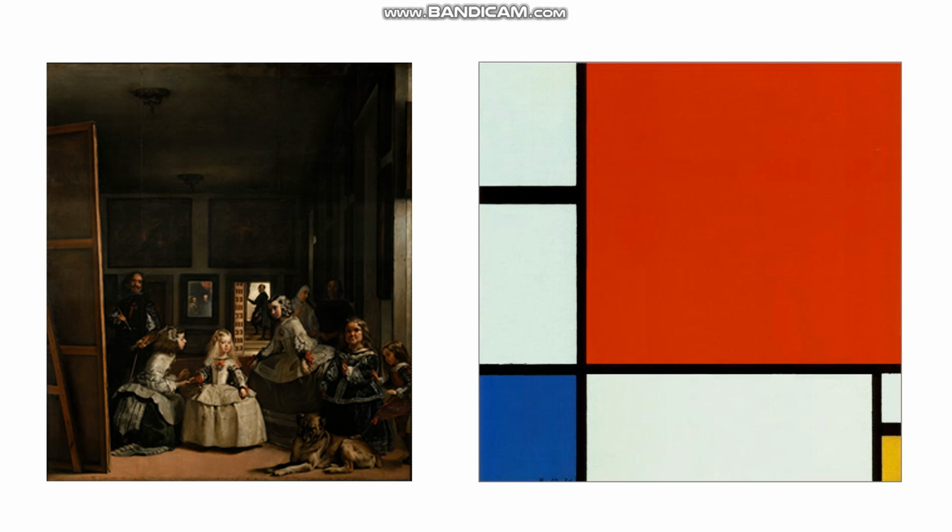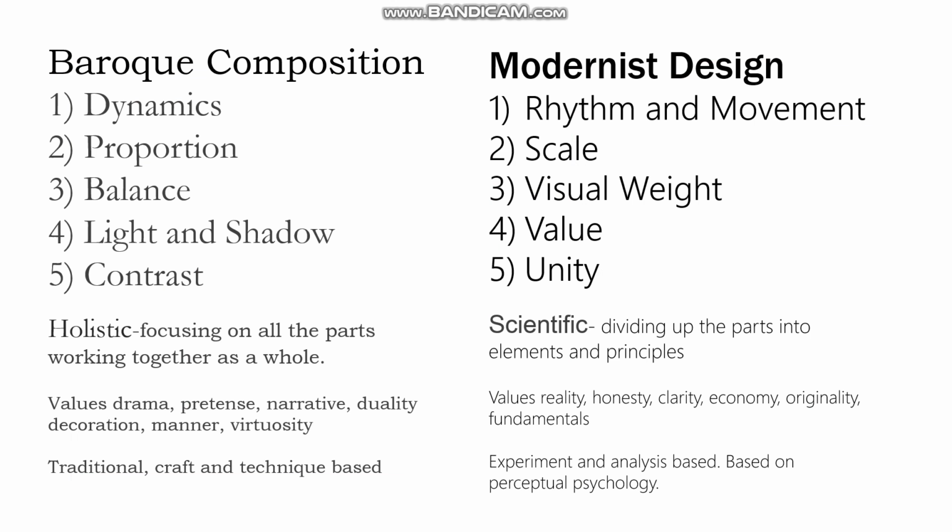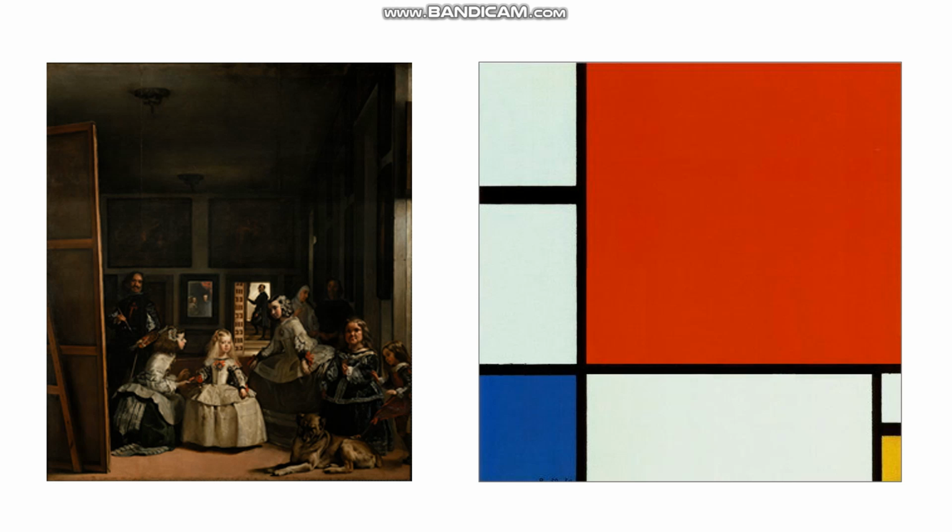So we're going to take a little bit of a side step here to talk about an important part of this early 20th century moment. Let's go back for a second. Modernist design is scientific. And part of that was because all this design thinking was not only happening in art schools by artists and art historians, it was also happening by groups of people who were psychologists, perceptual psychologists,